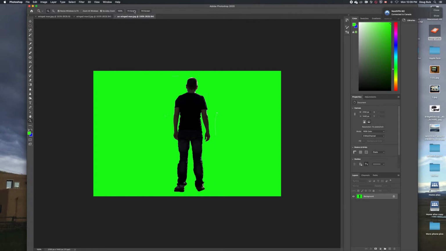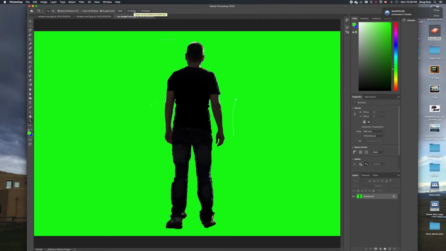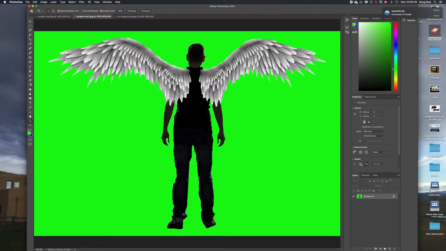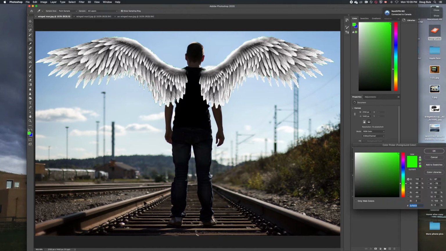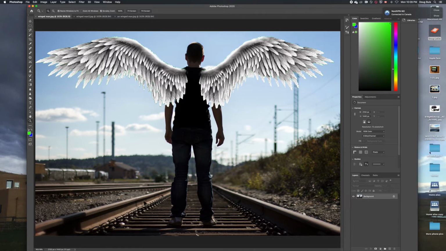I want to bring this up to fit screen. And this was the original figure that I had without the wings beforehand, and then I added the wings. So I want to get rid of all the background and just have it green. To start with, you need to choose your color. There's your color picker, and I want the brightest green I can get, and that's for the green screening in